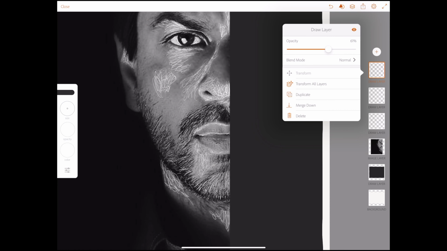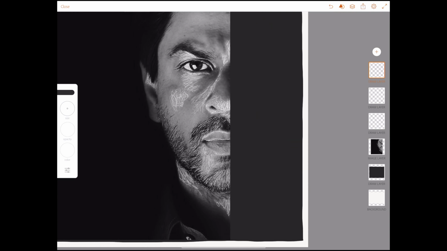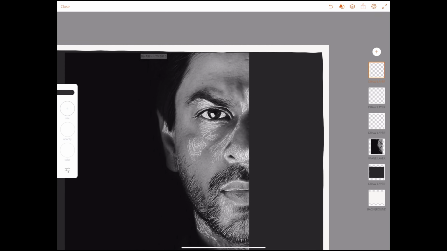Now we have to select a new layer with white color, opacity around 55%, and set the brush size properly. We have to select the areas which are a little more dark, less light, darker areas, and the scribble should continue to fill the